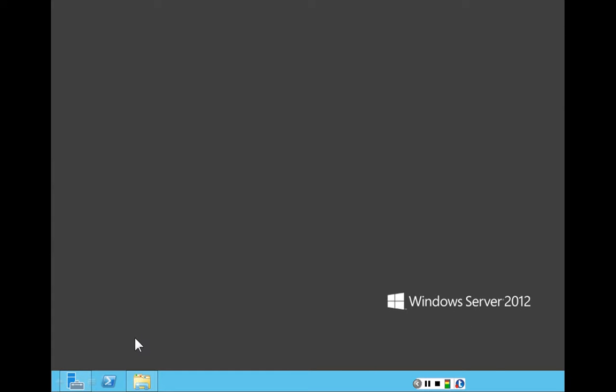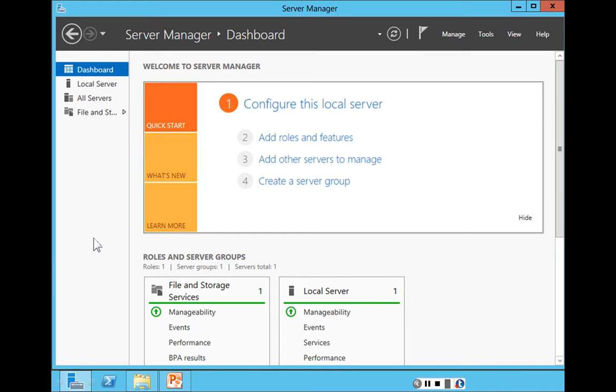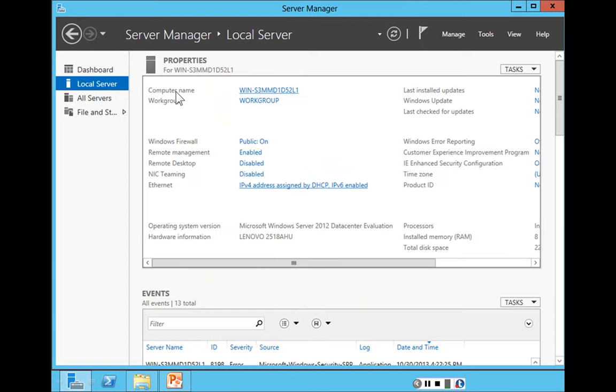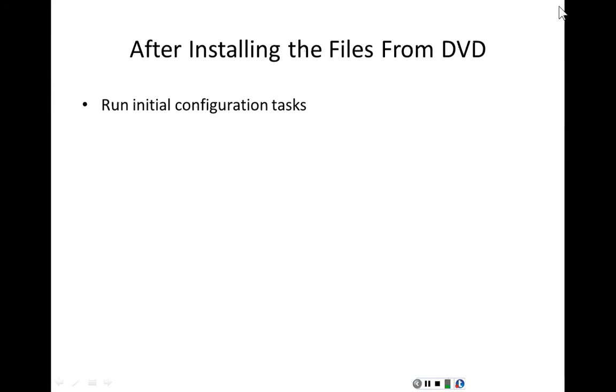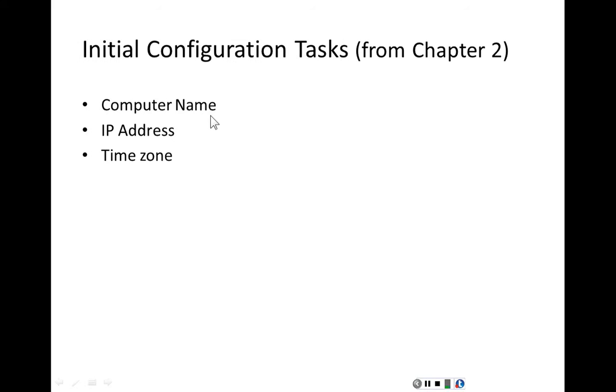The bottom left-hand corner, if I select Server Manager and I select Local Server, we can see that this computer name is a randomly generated name. When we do the install, the computer has a randomly generated name. So after we install the files from the DVD, then we run the initial configuration tasks. And when we say running initial configuration tasks, we mean assigning a computer name, an IP address if necessary, and